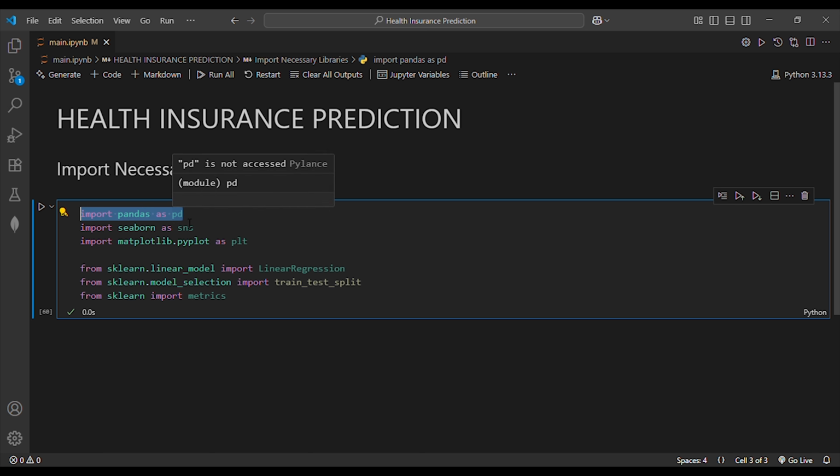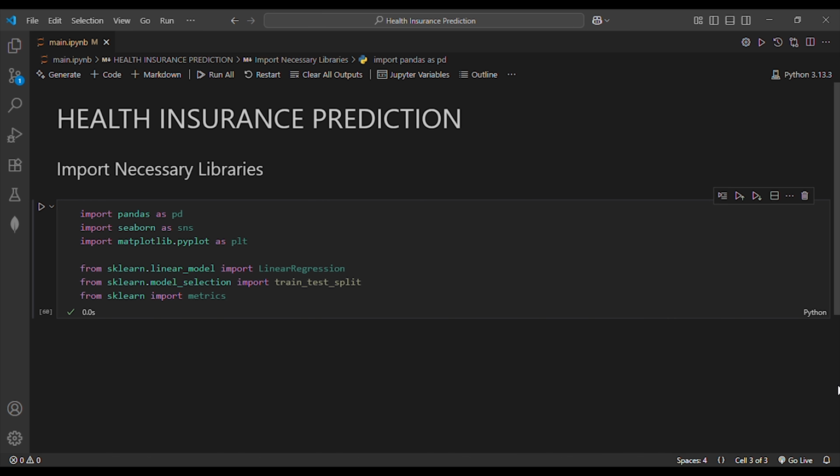Pandas library is helpful for data handling and data pre-processing. Matplotlib and Seaborn libraries are helpful to plot graphs. And from scikit-learn we have imported the linear regression algorithm and also train_test_split to train and test our model. And the last one we have imported from scikit-learn is metrics, which helps to find out how our model is working, is it accurate enough or not. So these are the libraries we're gonna use.